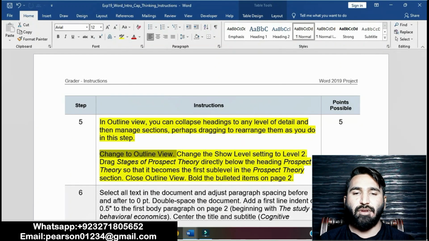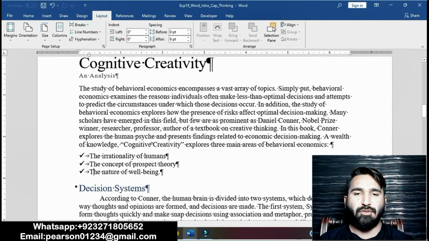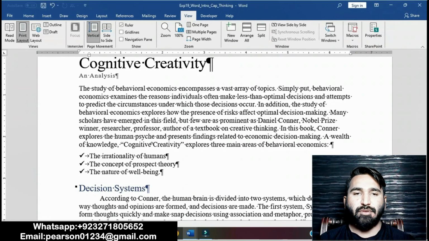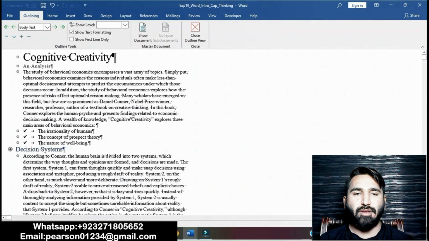Okay, change to outline view. Moving on to the Word file, go to the View tab and go to Outline. Click on Outline. Okay, this view will be changed to outline view.